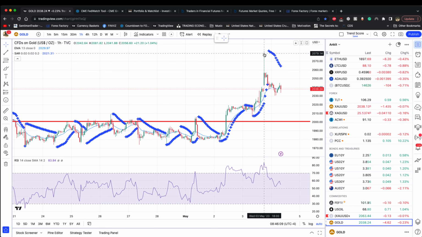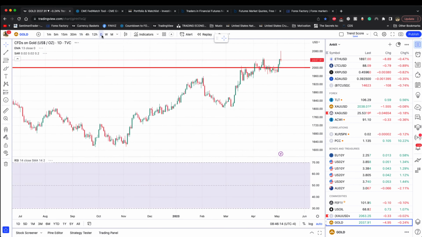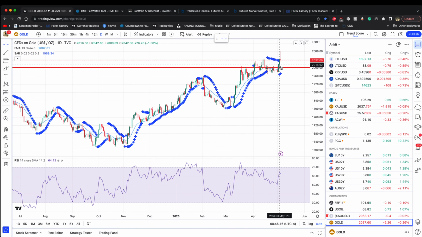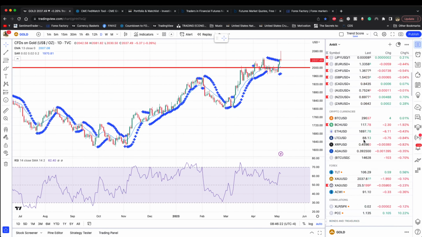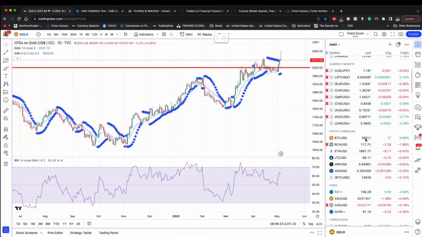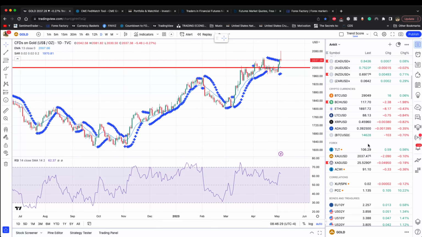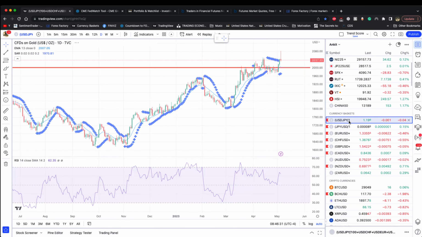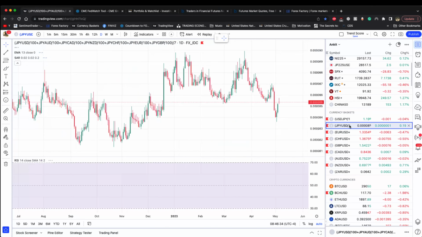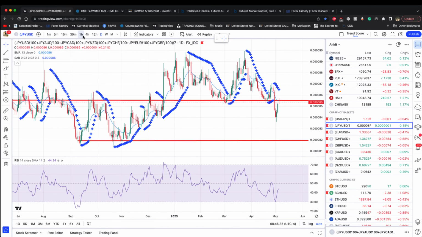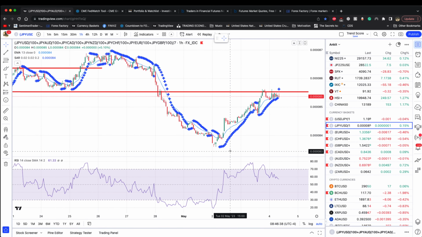Gold jumped on that news last night, hit about 2080, and you can see that it's still not falling apart, maybe showing a sort of topping sign right now. But this is where we are seeing more of the fear in gold markets versus the equity markets. And same thing with the currencies. We are not seeing the dollar acting as a safe haven currency. So the question is, which currency is acting as a safe haven? And right now we have seen the money really flow into the yen.